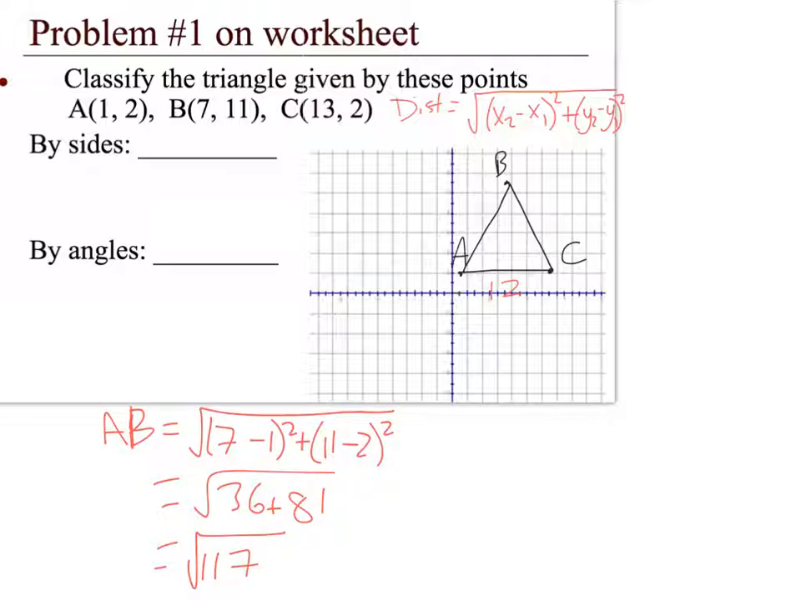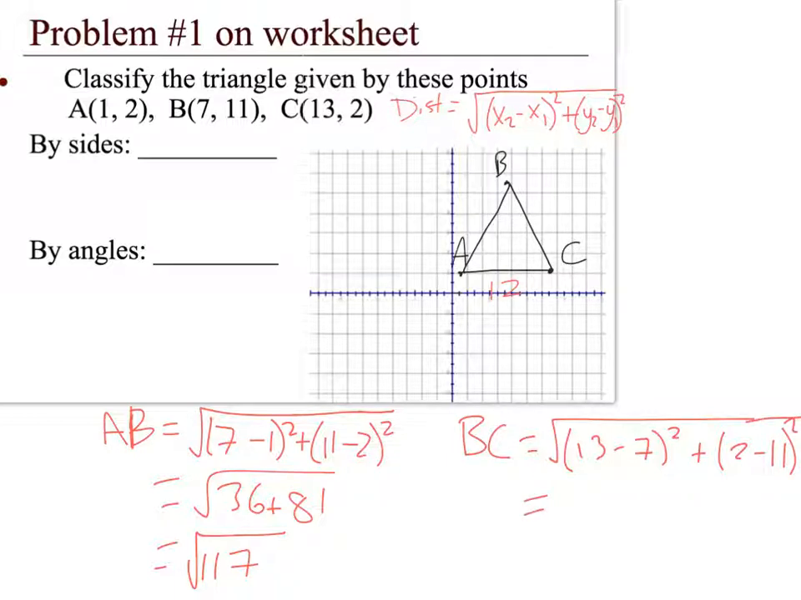Sounds about right. And let's do the same for BC. So we'll have 13 minus 7 squared plus 2 minus 11 squared. And it looks like I'm going to get the square root of 6 squared, that's 36, plus 2 minus 11, that's negative 9 squared is 81. Oh, look at that. I've got the same thing, 117. Now, normally we try to simplify these radicals. This one can't be simplified, but if it could be, I probably wouldn't do it anyways,